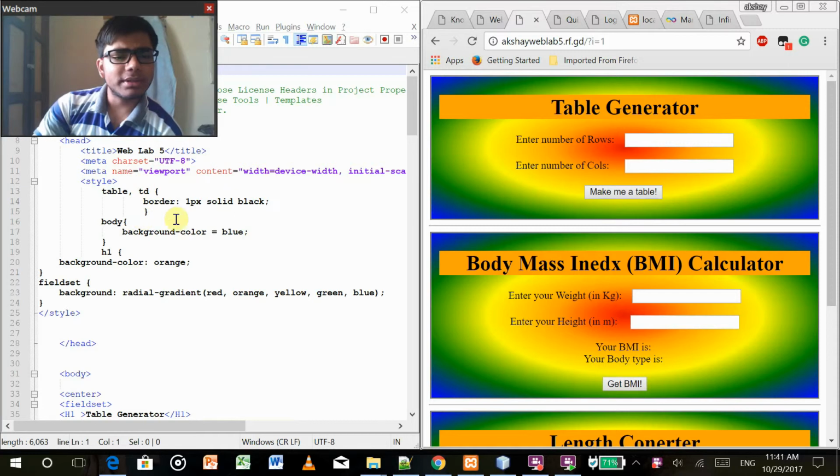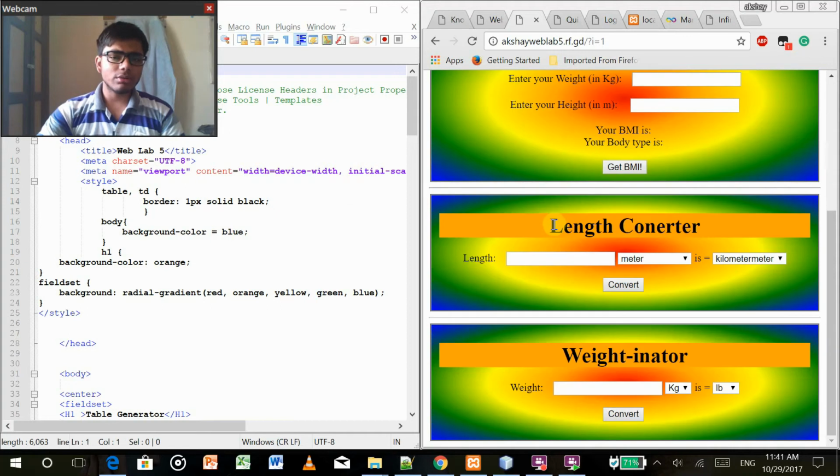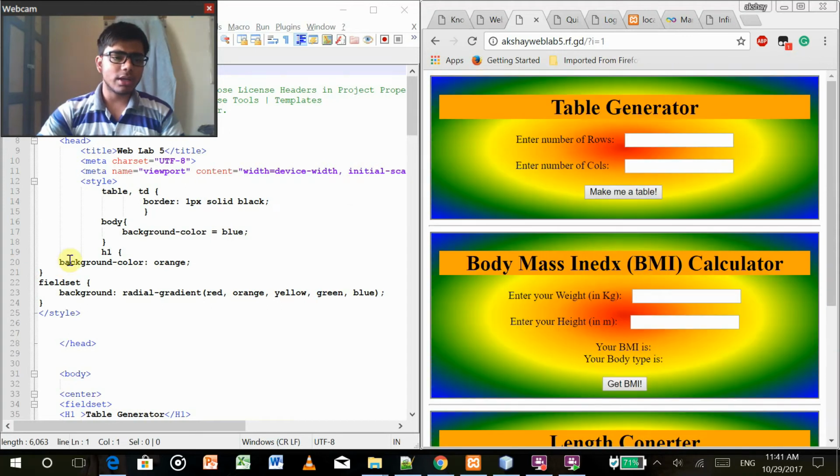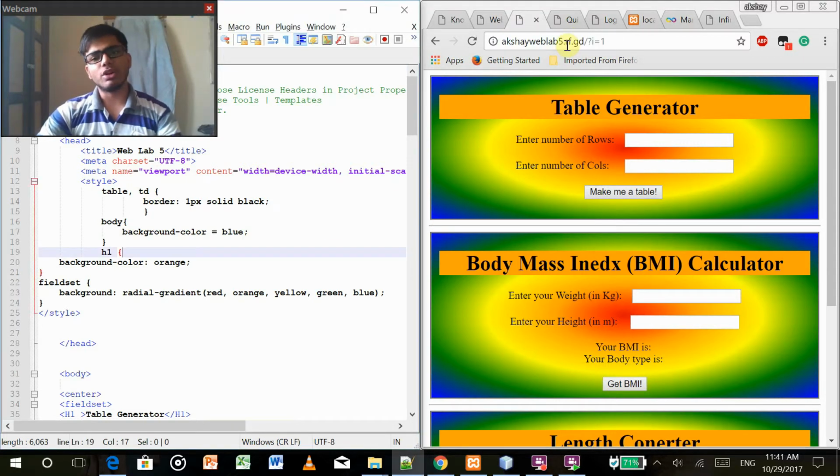These table properties I've just given over here, so that it could create a table with a 1 pixel solid black border, and then comes the body background color blue and background color orange. Actually it is not just blue. As you can see it is online, so while putting it online, I have modified it into a